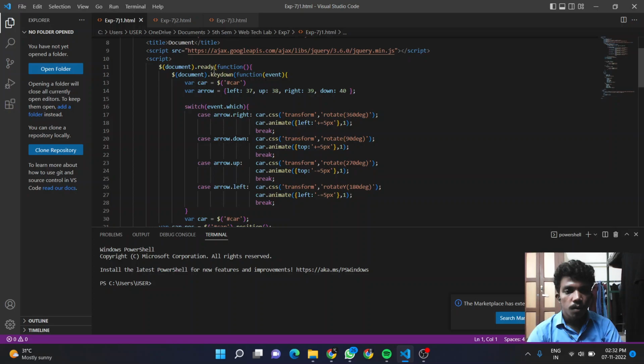This is the function call. Then this function call is the document dot keydown function event. The events are given below, and the variable car is equal to dollar, colon and hashtag car. So it takes this car, and the arrow marks are the buttons on the keyboard. Left is equal to 37, up is equal to 38, right 39, and down is 40. And the switch event, when the arrow is right, the car is transformed to rotate 300 degrees,